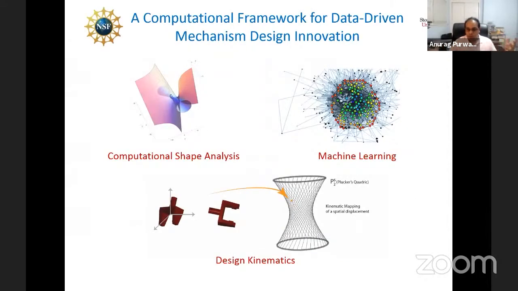So fast forward now, we're talking about 2018, 2019, 2020, the last 3 years. My research is bringing together 3 separate disciplines: machine learning, which is part of AI, rigid body kinematics, and computational shape analysis. So there are disciplines from computer science and from mechanical engineering that we are bringing together to solve